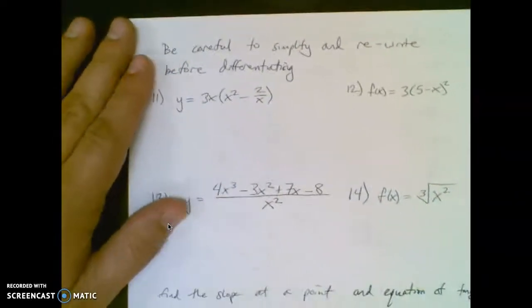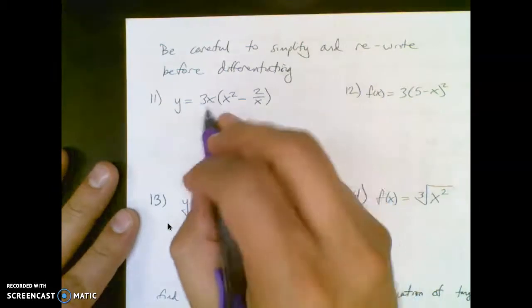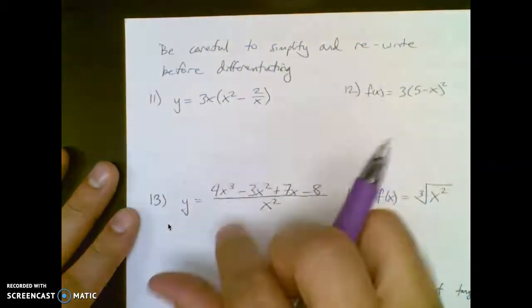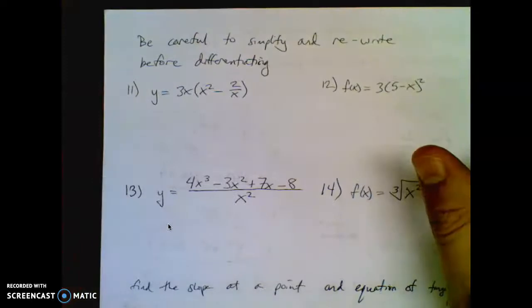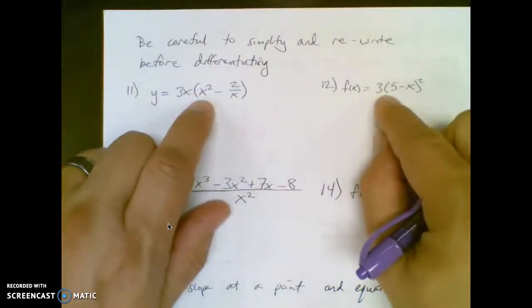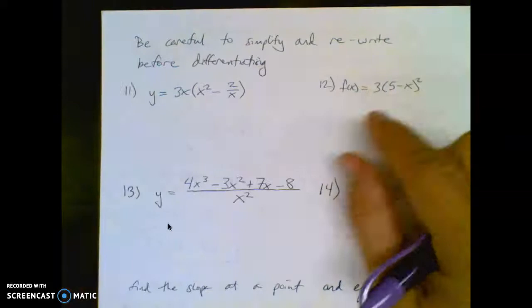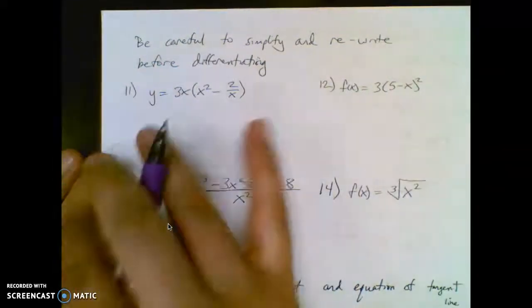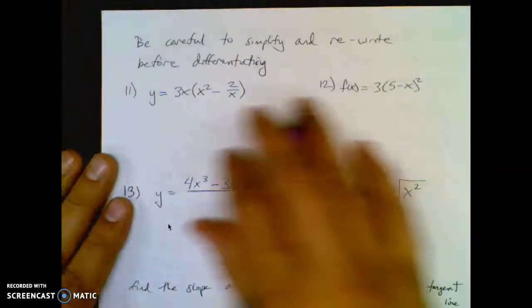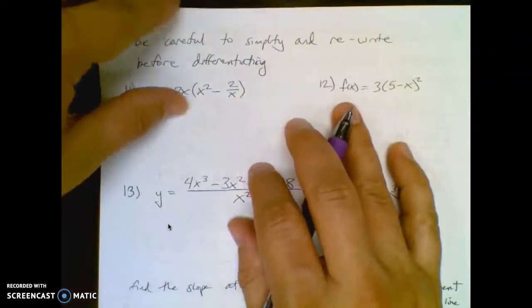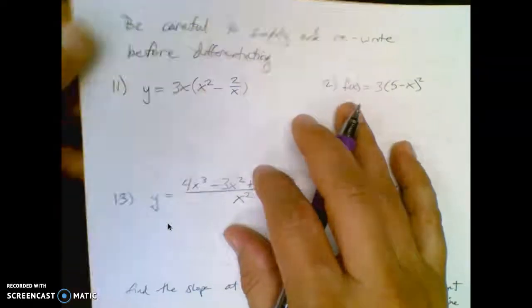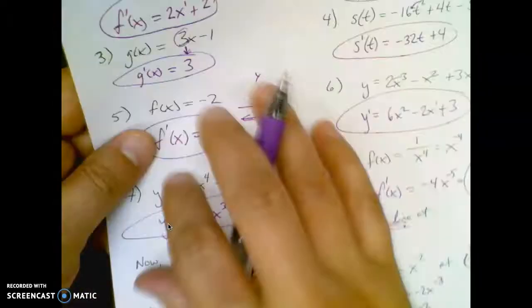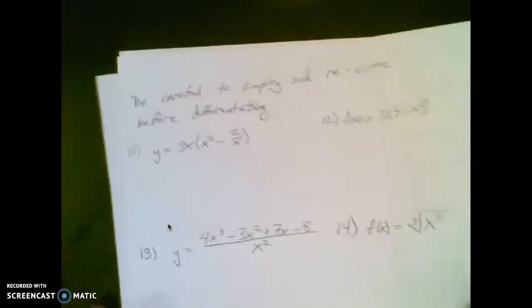So, all right, now these are just sneakier because we have not yet learned the rules for these. We'll learn the rules probably tomorrow on how to deal with situations like this. Tomorrow and the next day and the next day. Basically ugly ones. But right now, the only rule you know is power rule. So if you see a problem that is way more complicated than these on the other side, these are just basic. There's nothing to simplify in these. Maybe that last one was a fraction, but